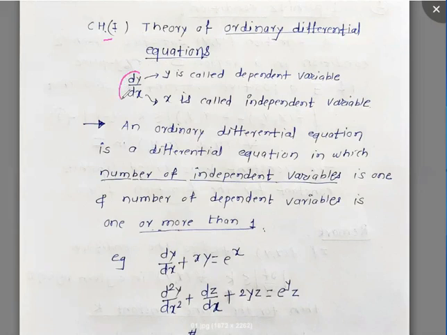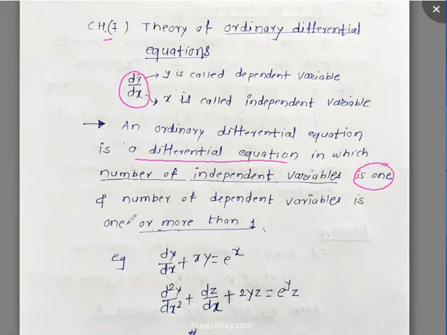When we write dy by dx, y is called the dependent variable and x is called the independent variable. The variable in the denominator is the independent variable. So an ordinary differential equation is a differential equation in which the number of independent variables is one, only one,